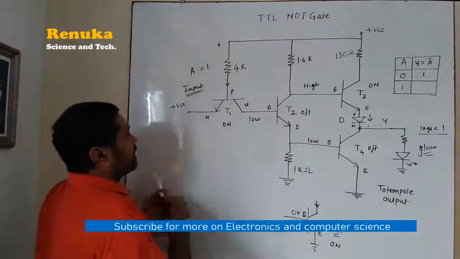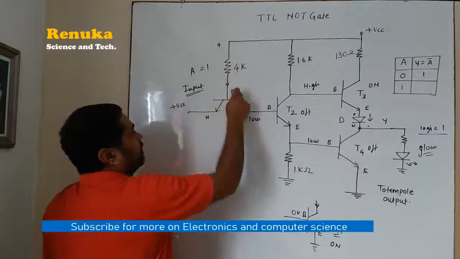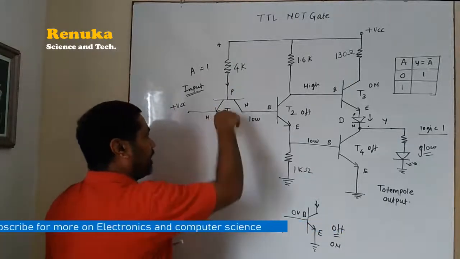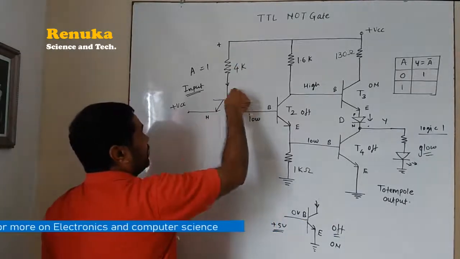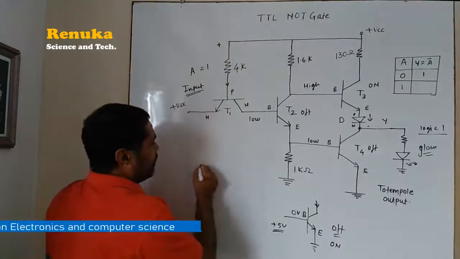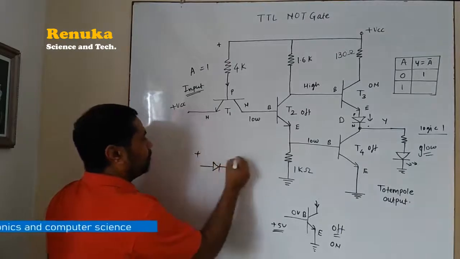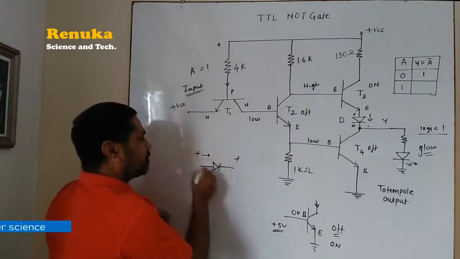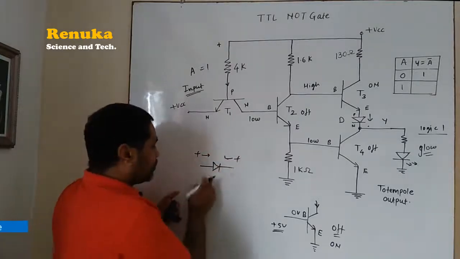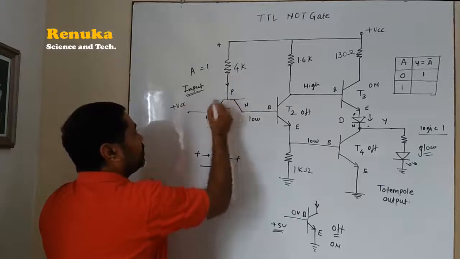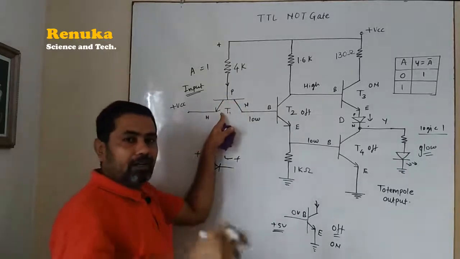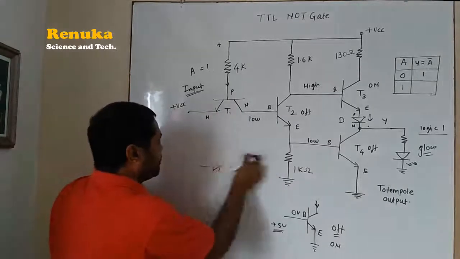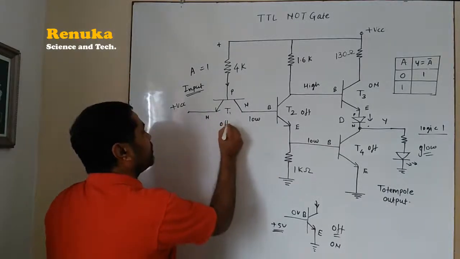Now here you can see the diode between base and emitter of transistor T1. It is getting positive voltage at the N type, and it is also getting positive voltage at the P type. Whenever the diodes are connected like this, there will be no conduction, because here is also the current and here is also the current. So this diode will not be conducting. That is why we can say that it is reverse biased. So if the diode is reverse biased, we can say that this transistor is off.